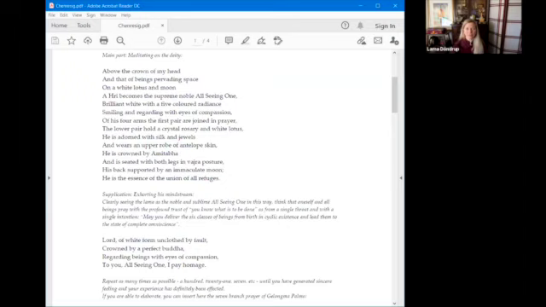Of his four arms, the first pair are joined in prayer. The lower pair hold a crystal rosary and a white lotus. He is adorned with silks and jewels and wears an upper robe of antelope skin. He is crowned by Amitabha and is seated with both legs in Vajra posture, his back supported by an immaculate moon. He is the essence of the union of all refuges.